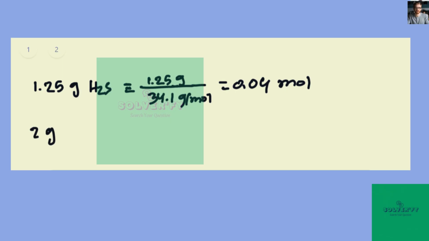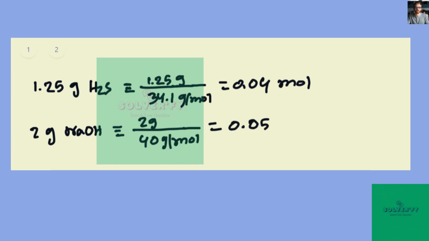And 2 gram of sodium hydroxide in number of moles will be 2 gram over the molar mass of sodium hydroxide, which is 40 gram per mole, and it will give us a value of 0.05 mole. Now we have to find out which one is our limiting reactant,